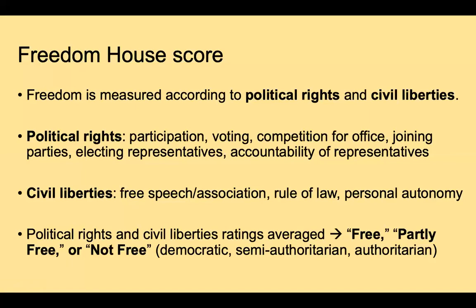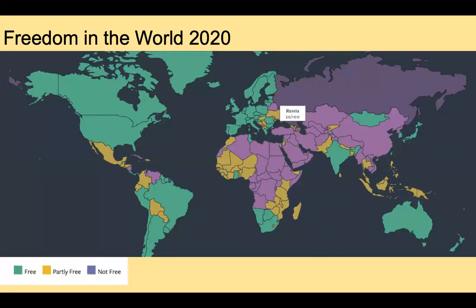And there's a lot of disagreement sometimes about whether some of these scores accurately depict a country and whether or not the regime types are actually reliable and valid for those regimes. And so what we get with the Freedom House measure is countries that are free, partly free, or not free. And again, that's democratic,